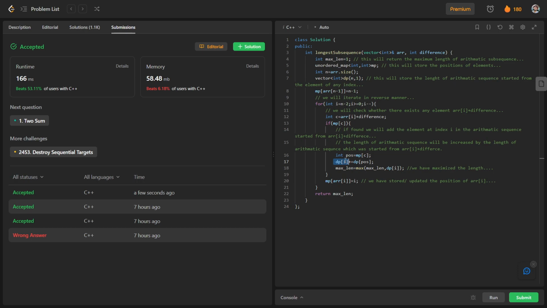So for the ith index, dp of I will store the length of the arithmetic sequence which has been started from this element, so element I. So dp of I, which was initially 1, will be increased by the dp of pos.